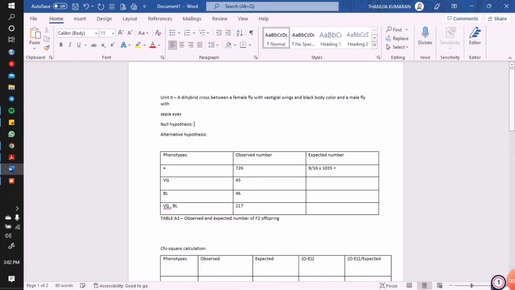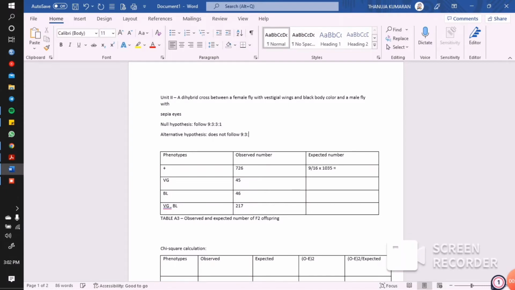For the expected number, we need to first find the ratio. So the null hypothesis is that it follows the ratio 9:3:3:1, and the alternative hypothesis is that it does not follow the ratio 9:3:3:1. So for the expected number for the first phenotype, we need to multiply